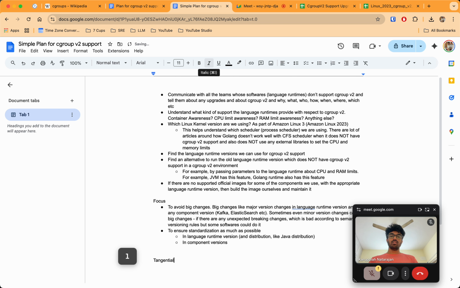Tangential: notice how setting CPU limits is not a good idea.